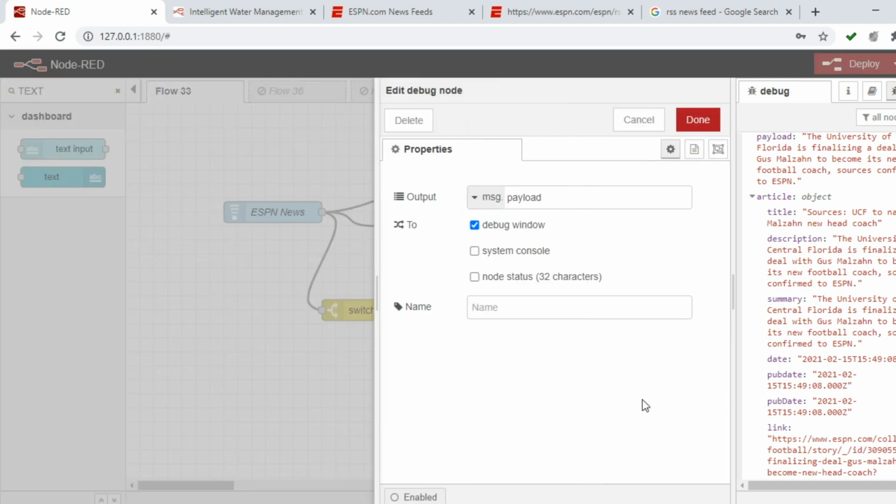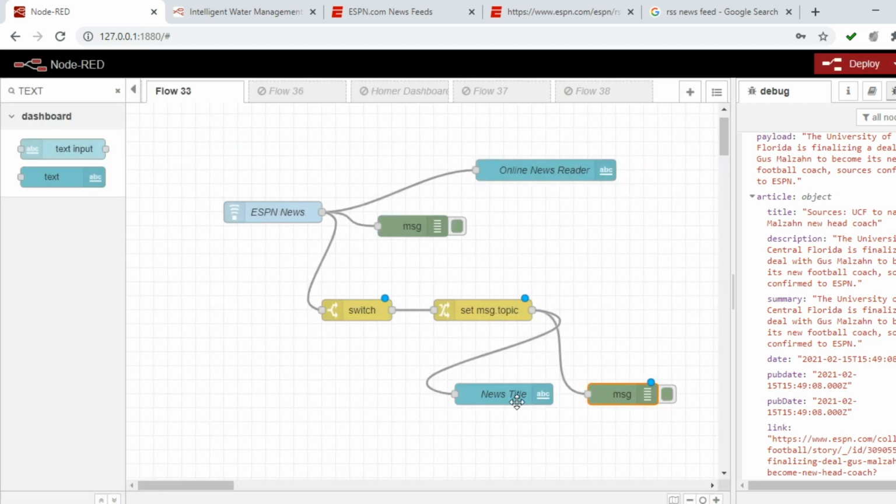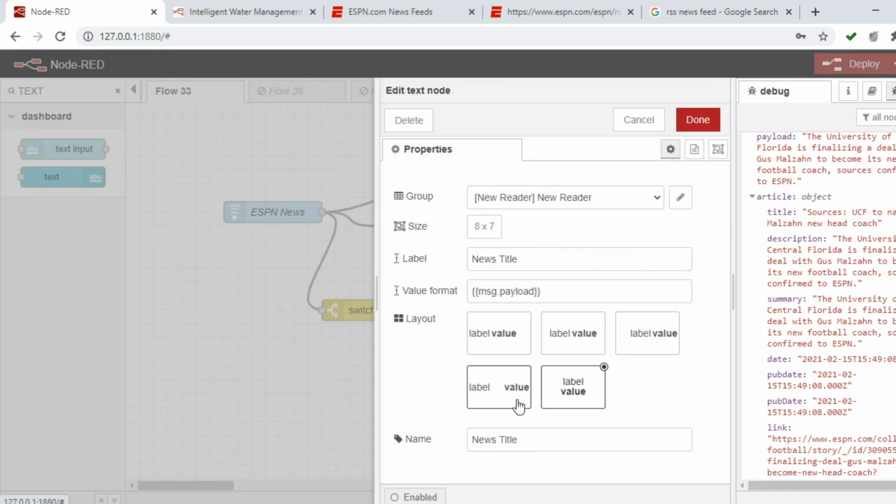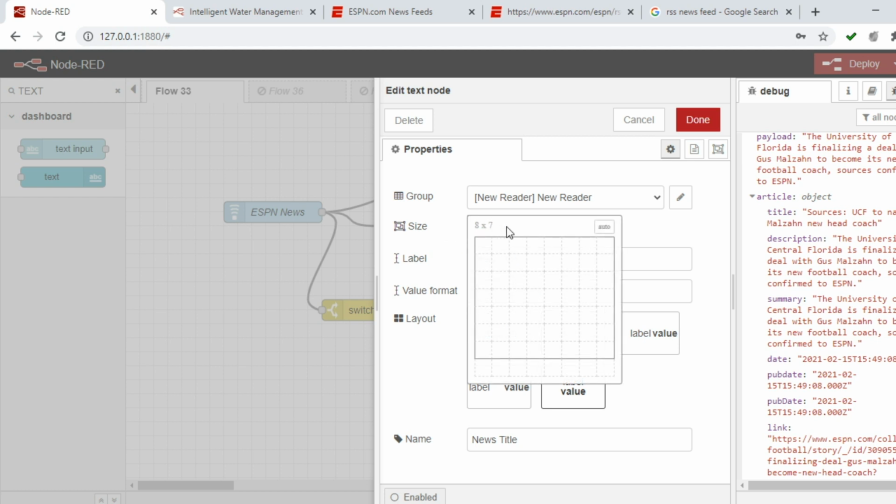Debug, just select it as usual. You can select the debug output as complete message object. Then click done. News title. So here also you can select an auto option.